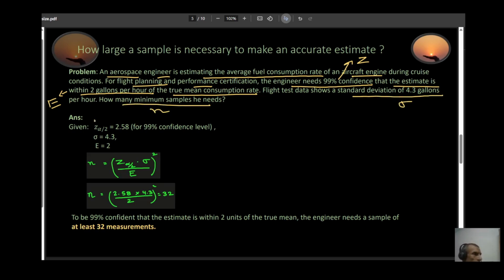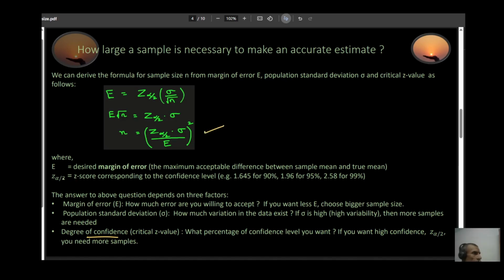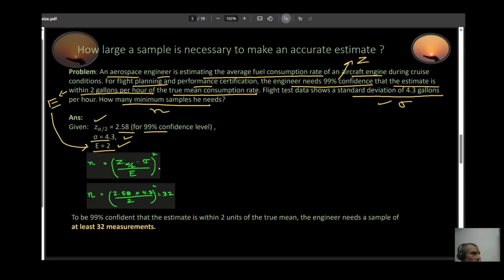So I know my Z is 2.58 because it's 99% confidence level. I know my sigma, which is 4.3, which is given to you right here. And I know my margin of error, which is 2, which is right here. So using this formula, I substitute my value of Z, sigma, and E in it, and the